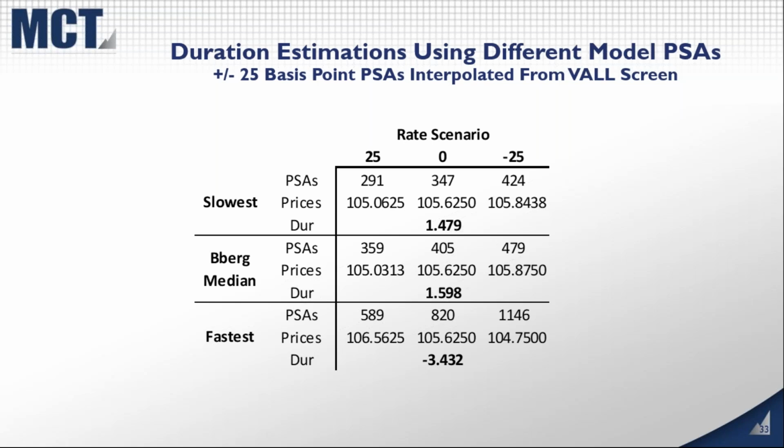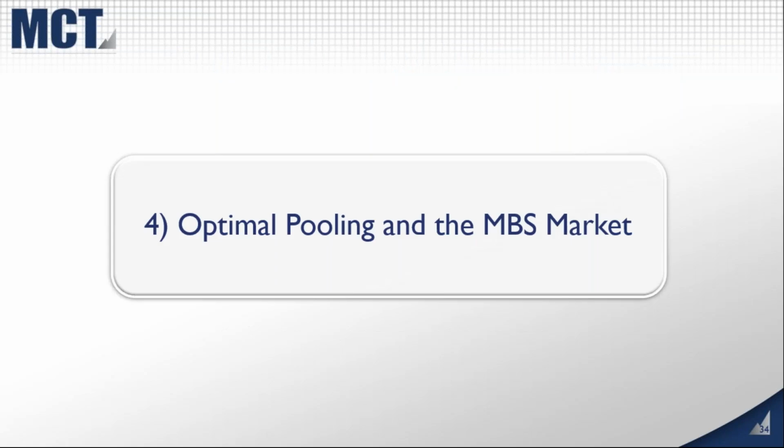But it does imply that the very high base speeds, as well as the very high speeds in the rates down 25 scenario, are what's driving the durations. You can see that in a rate up 25 scenario, because of the slowing of the speed, the dollar price actually increases in the fastest scenario, whereas over here the dollar price declines, as you would expect in an up 25. So it just gives you a sense of what's going on and why these models are not performing as you'd expect based on their histories.